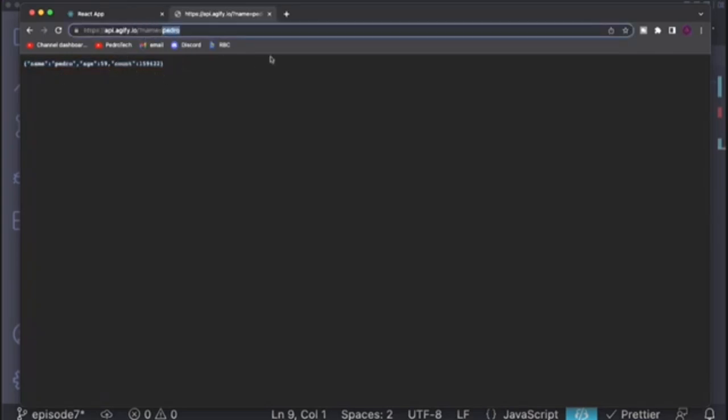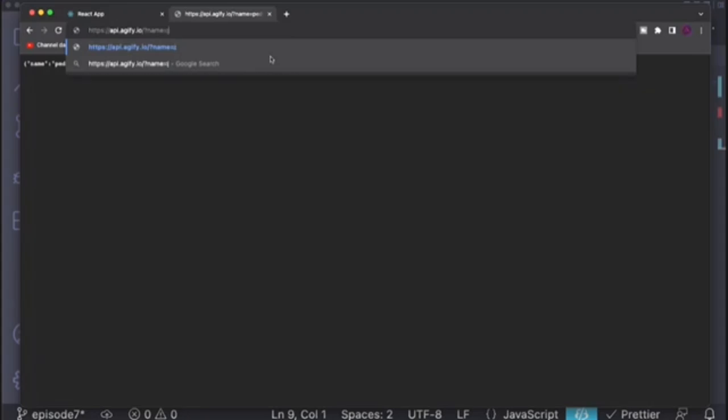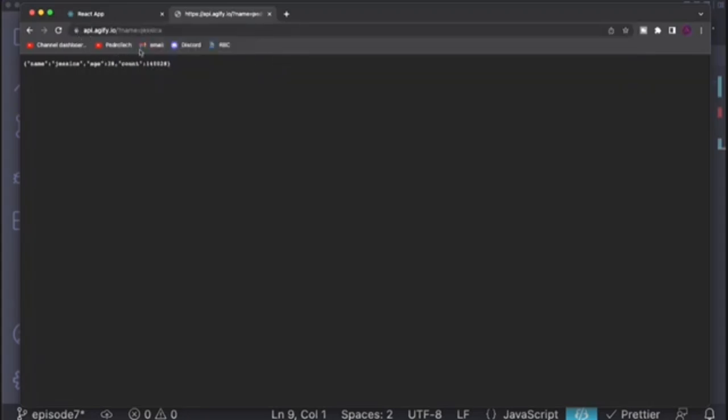So if I were to change this over here in the URL to something like Jessica, you'll see it will predict that Jessica is of age 28. So you can put any name. It's pretty cool, and just see what happens. Obviously, it's not super accurate because I'm 21 and it says that I'm 59, but it's just an example,